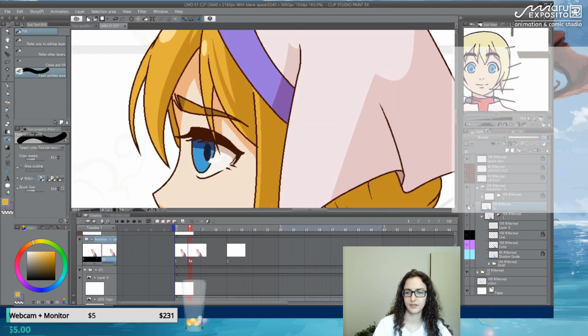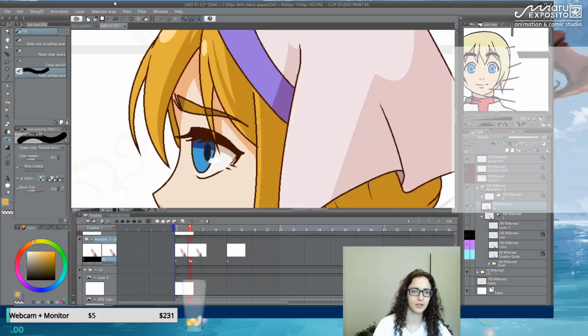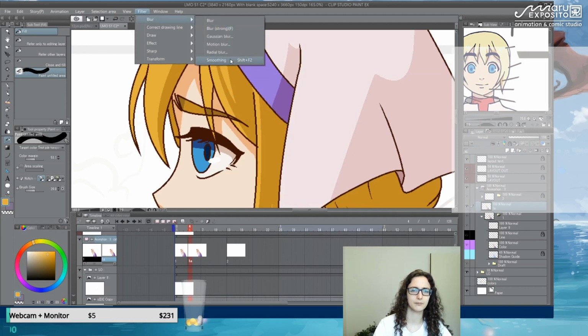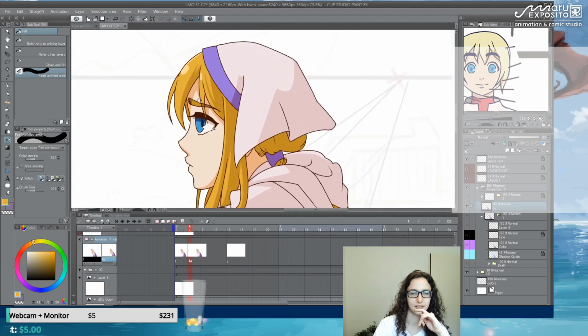Merge select the layers, so now everything is together, like the line and so on, and you will filter, blur, and smoothing. As you see, I even have a... okay, so we have some technical issues with my internet today. But yeah, the last thing I did is blur and smoothing. If you click here,